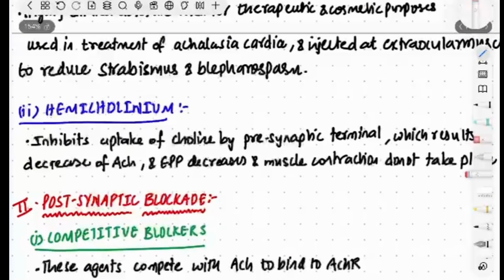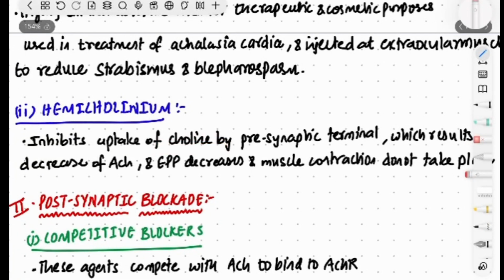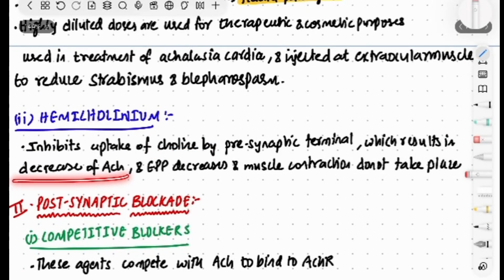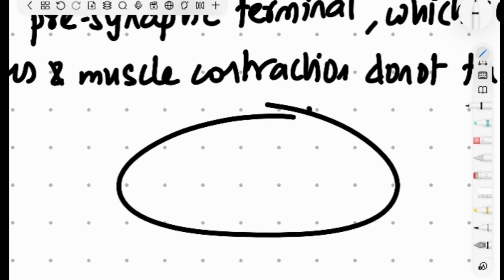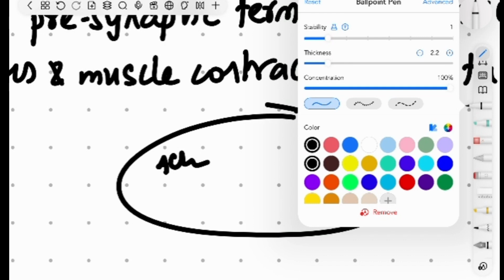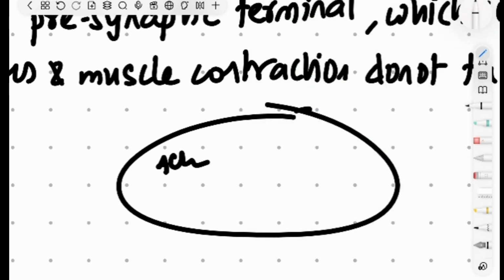Hemicholinium inhibits the uptake of choline by the presynaptic terminal, which results in a decrease of acetylcholine, and the end plate potential decreases and muscle contraction does not take place. So what exactly happens is, after the release of acetylcholine into the synaptic cleft, there is an enzyme called cholinesterase, that is AChE, acetylcholinesterase. This causes the cleavage of acetylcholine into